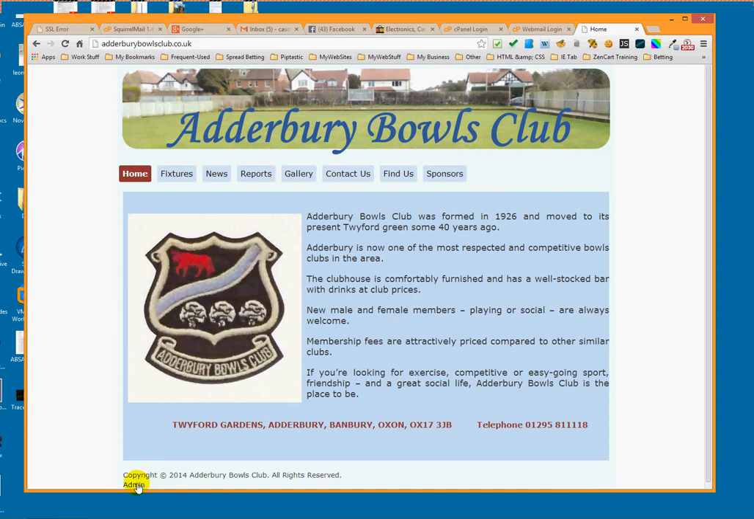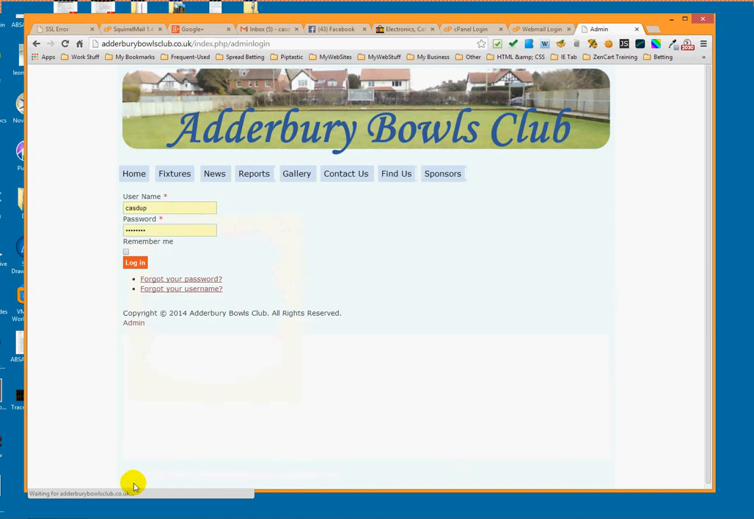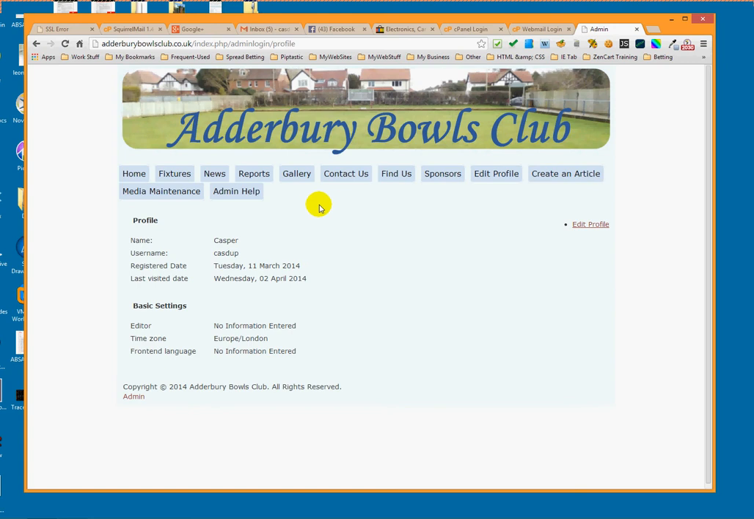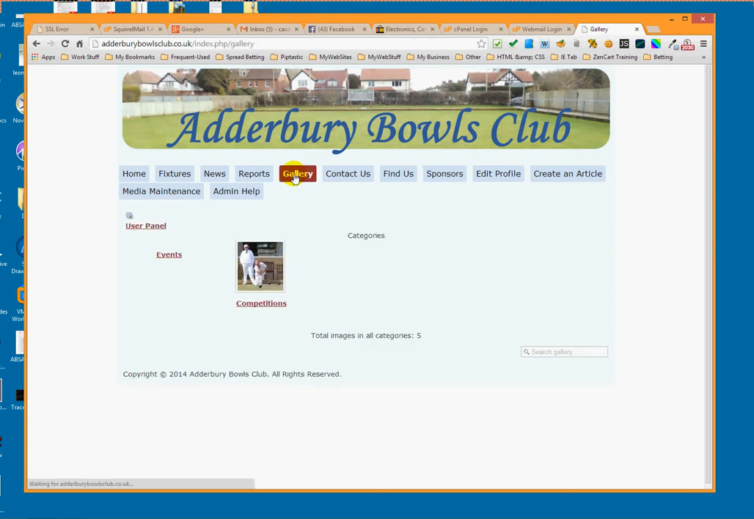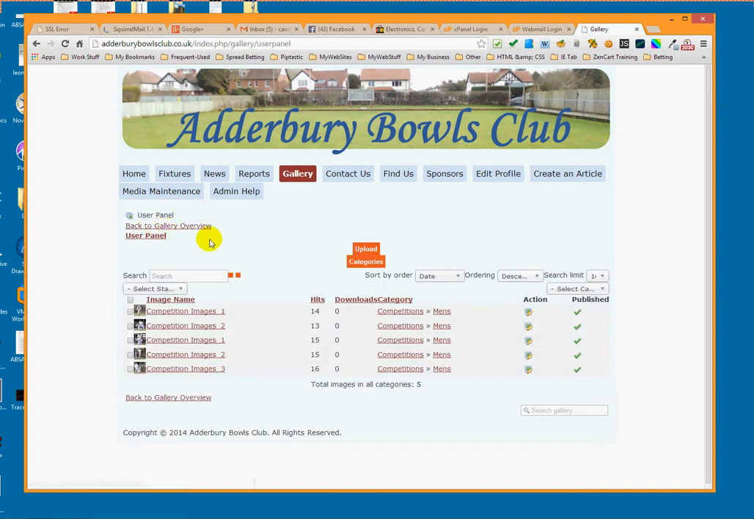So to be able to use the gallery, of course, like always, you need to log into the website, and then you can do any changes you need to do. Right, so firstly, gallery. If I click on the gallery being logged in, you will notice that you will get a user panel, a link on the left side, which won't be there if you're not logged in. And you can click on that, and it'll come up with